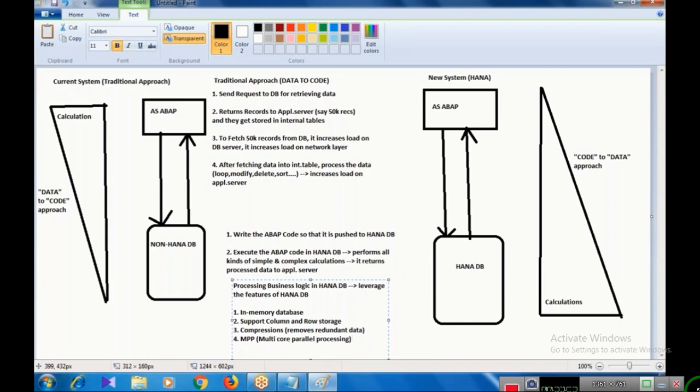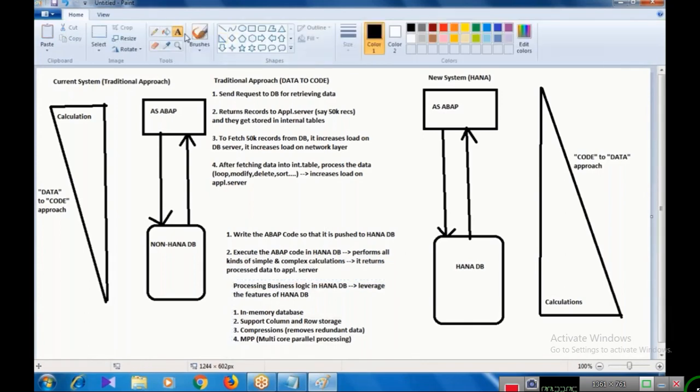These are the important features of the HANA database. So to make use of these features, we are going to push our business logic to the HANA database. So how are you going to push this business logic? This is done by using,